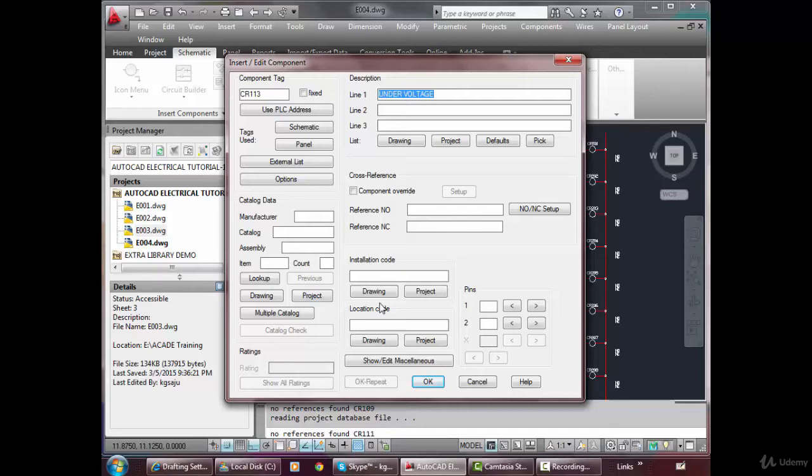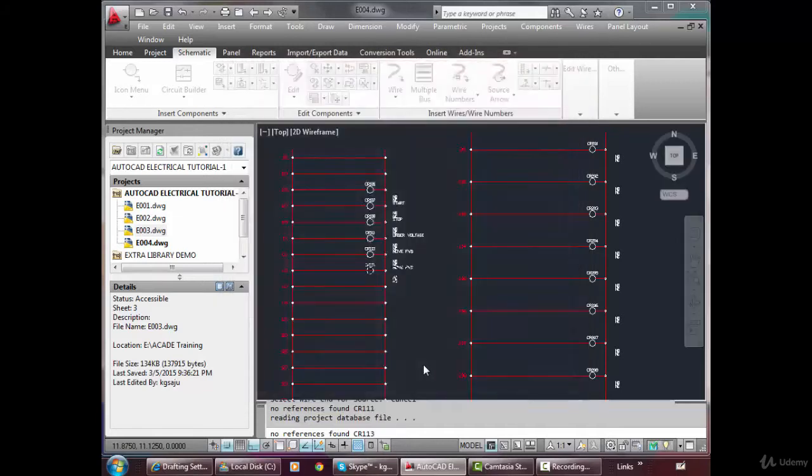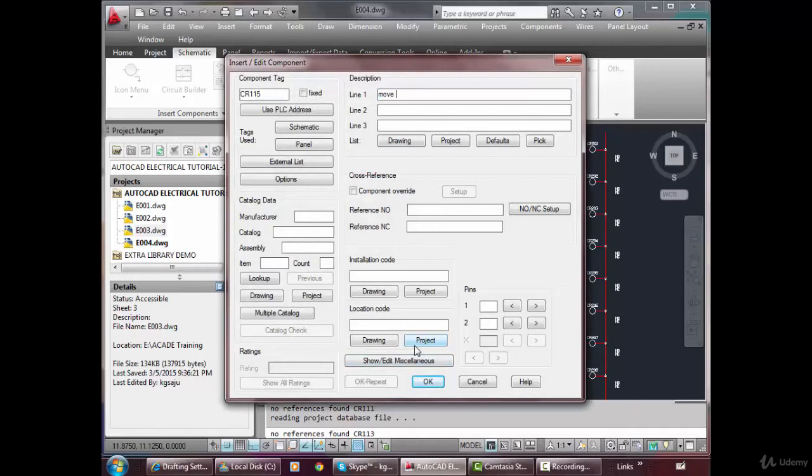Trip start, move forward, okay, and move reverse, move up, move down.